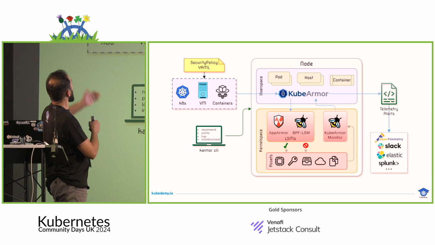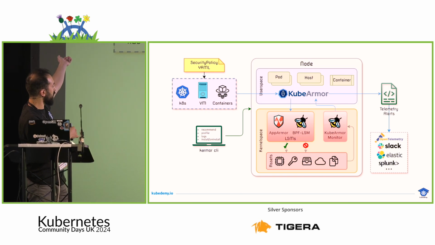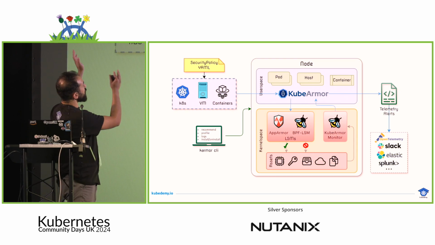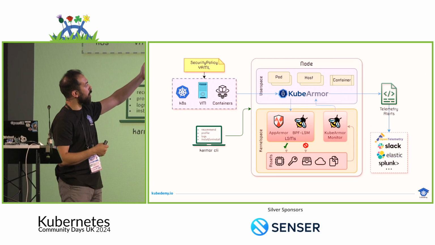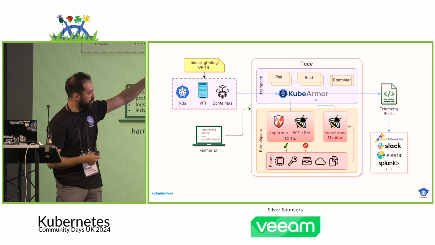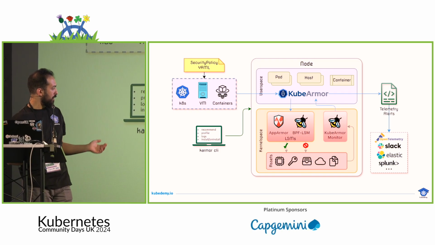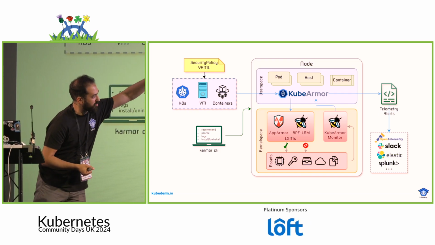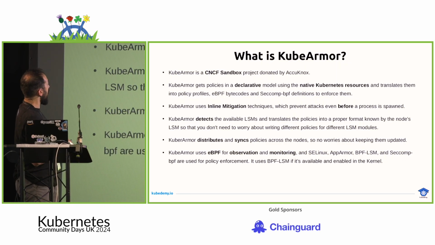architecture. You have containers, VM, or Kubernetes cluster. You define the policies in YAML files, it goes to the KubeArmor, and then KubeArmor translates that into AppArmor, BPF LSM, and SELinux. And then it provides you some telemetry and alerts. And this one